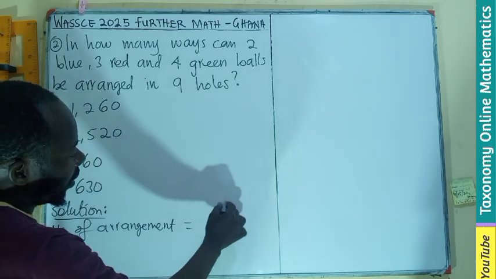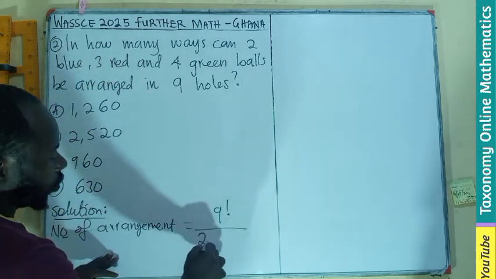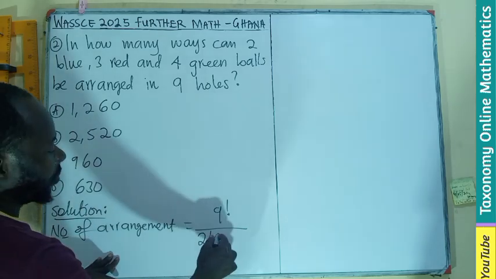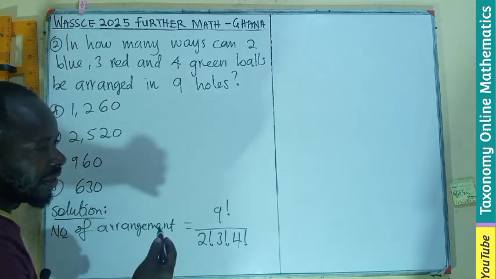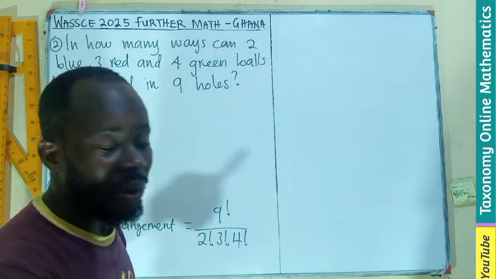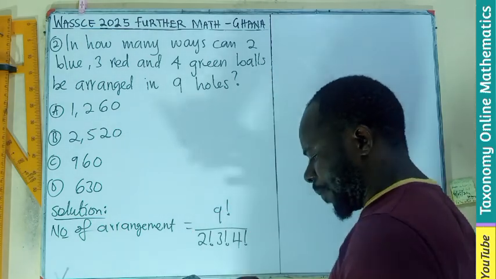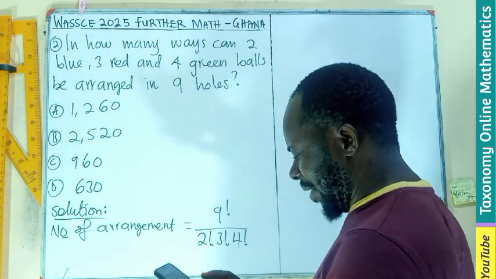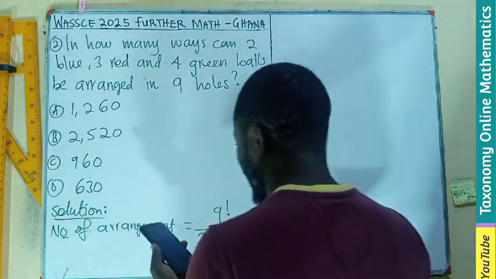is going to be 9 factorial. The first is 2, so 2 factorial times 3 factorial times 4 factorial. This is permutation of multi-choice. There are different choices which are distinct or identical. So let's just take our calculator and find 9 factorial, and that will be giving you a value